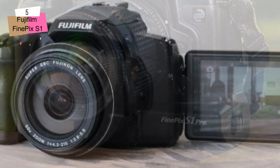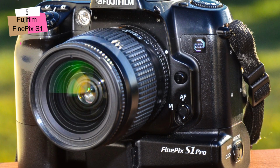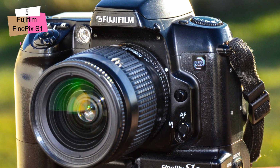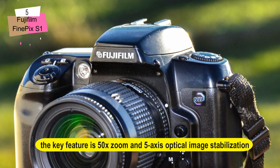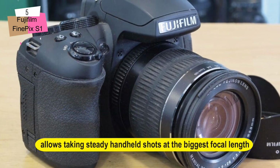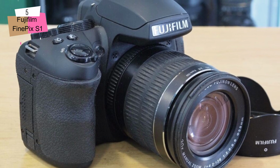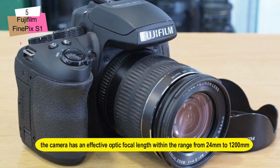Yet, you might not have to ever take it out because you can upload your files directly to the computer via Wi-Fi. Stop the moment. Of course, the key feature is 50x zoom and 5-axis optical image stabilization that allows taking steady handheld shots at the biggest focal length. Speaking of it, the camera has an effective optical focal length within the range from 24mm